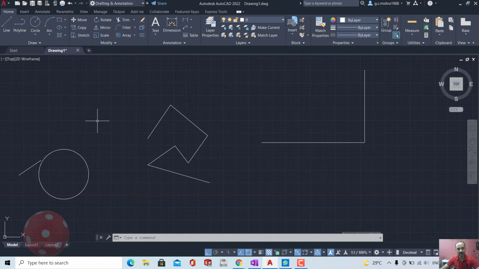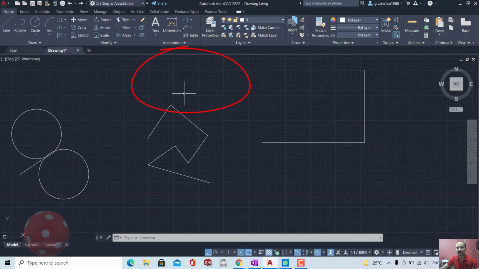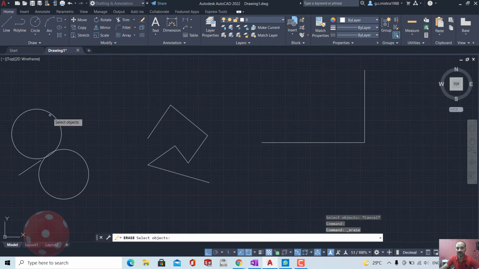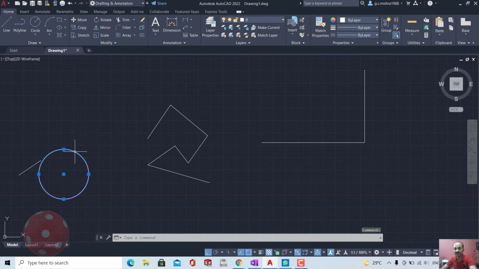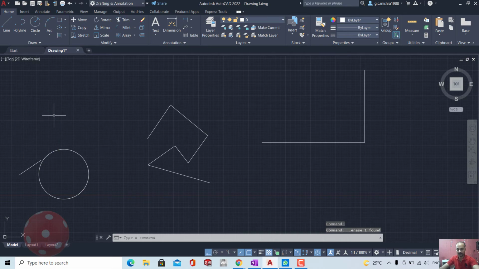One more option which is present in the interface is called erase. Erase means you can erase something. You can take the erase command, select the object which you want to delete, and then press enter. Basically you have to click 3 times. So going to this is tougher. It is easy to select the object and press the delete button on the keyboard. It means deleting something is easier if you select and press delete.